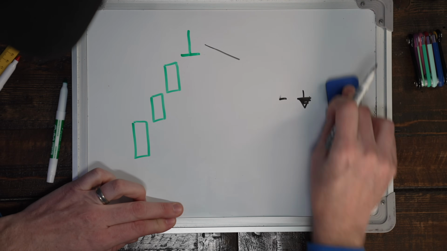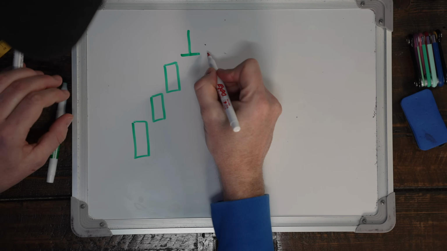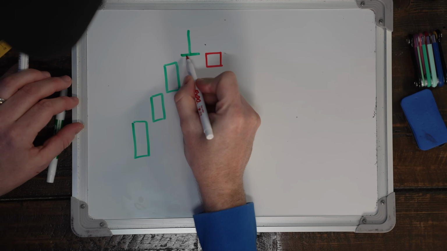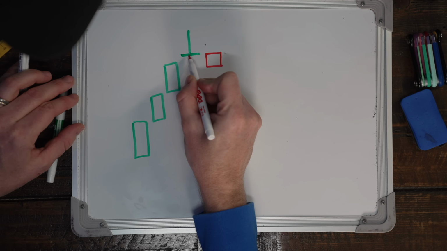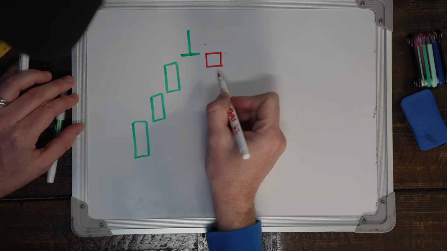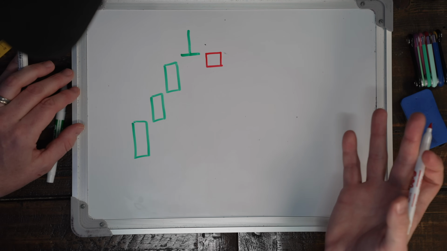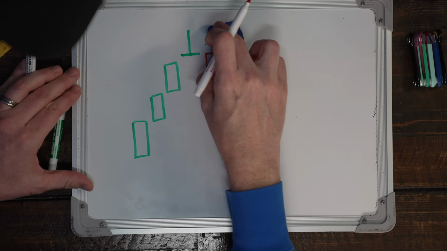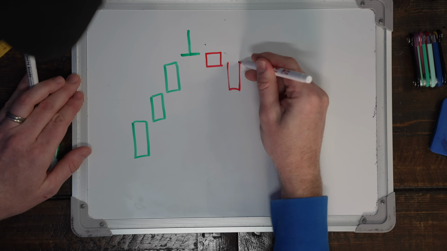And so what's very likely to follow this is that it opens and goes red, right? Because remember that a candle closes and then the next candle opens at more or less the same price. So it now opens and goes red. So this candle right here is called a gravestone doji. It has an ominous name indicating the price is probably going to come back down. Now, there's another version that I'll show you here where the stock has been selling off,